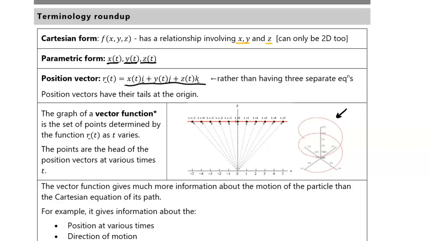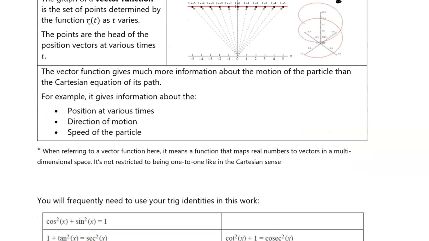Now, these are all called the graph of a vector function. It's not function in the way that you've experienced function in the past. It's more talking about it maps real numbers to vectors in a multi-dimensional space. It's not talking about any vertical line test situation here. So a little bit different